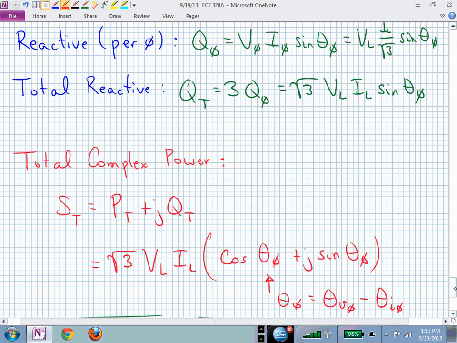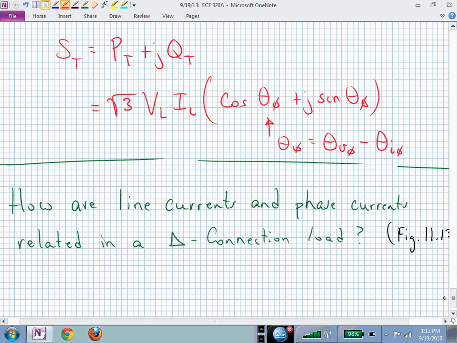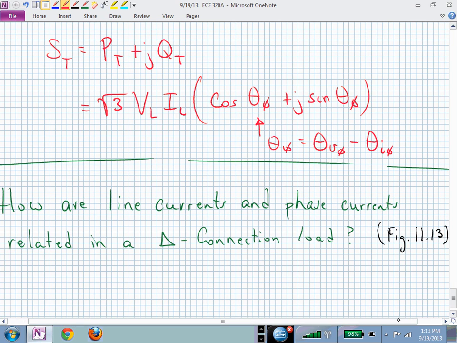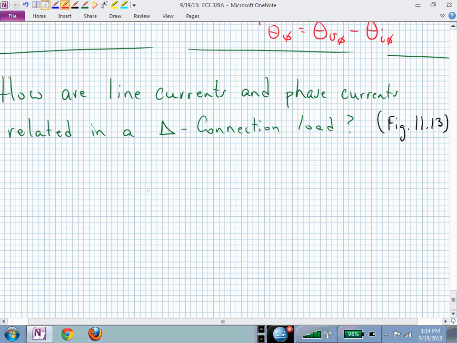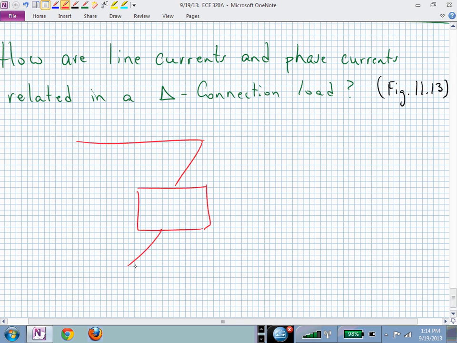Now what we snuck in here was this relationship between line currents and phase currents in a delta connected load. I just sort of gave you that answer. But if you need to look at that, you can look in figure 11.13, and let's just compute that for grins. Meaning our diagram now in very rough settings, I don't know why I drew my impedances so large, but